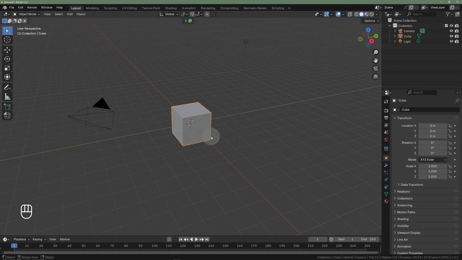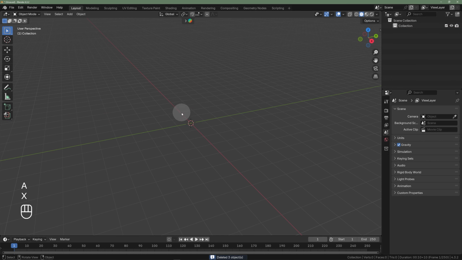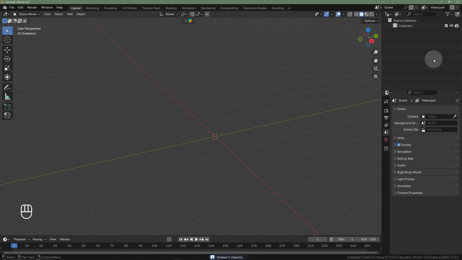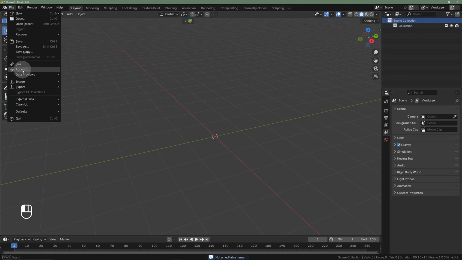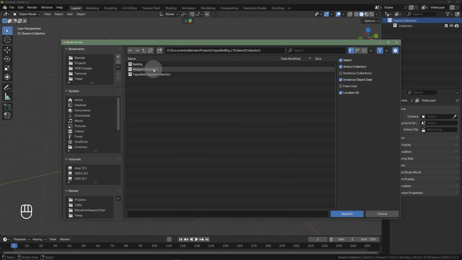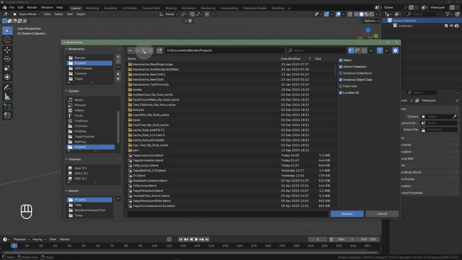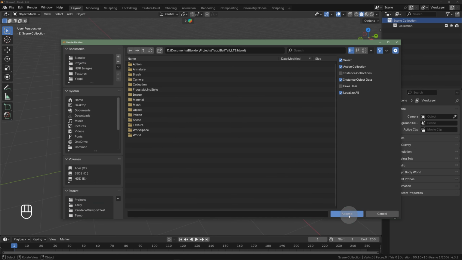I'm going to, as usual, open my new file, press A, X, delete. All right. And now I'm going into my scene collection. I'll go to file, append, and then I want to append the Yappy ball tail rig, ball tail LTS. I will upload that to Gumroad as well. I want to append my collection called,